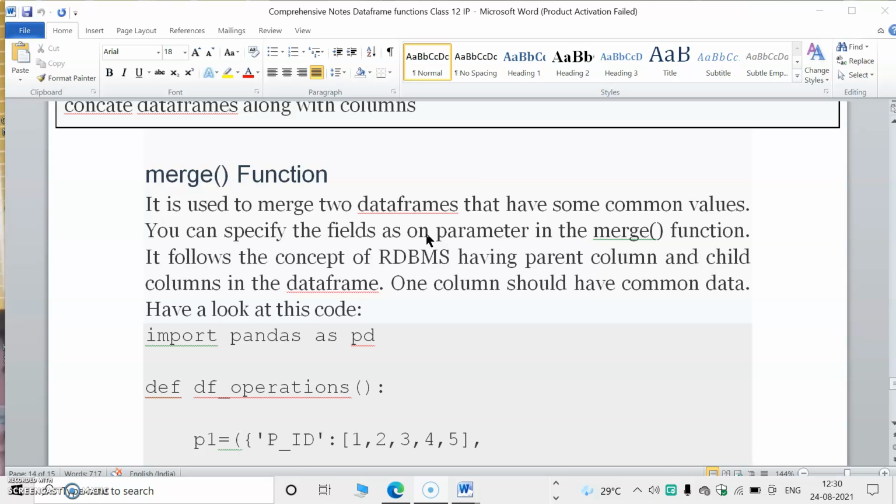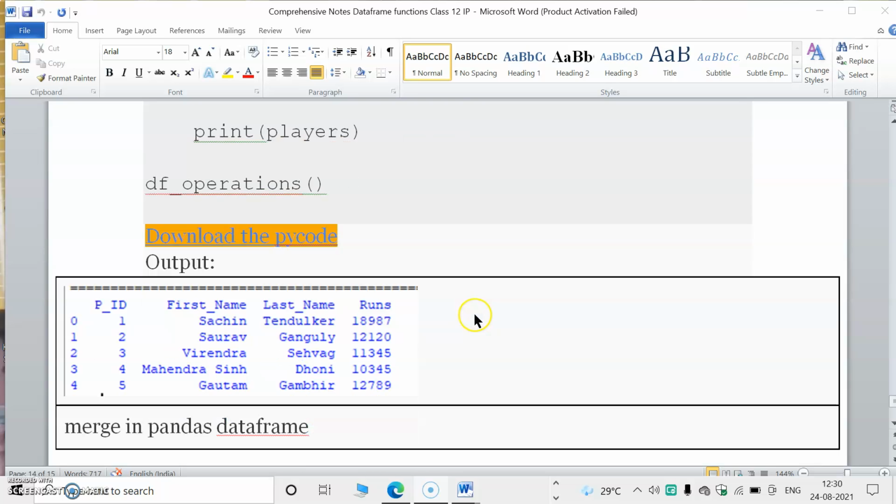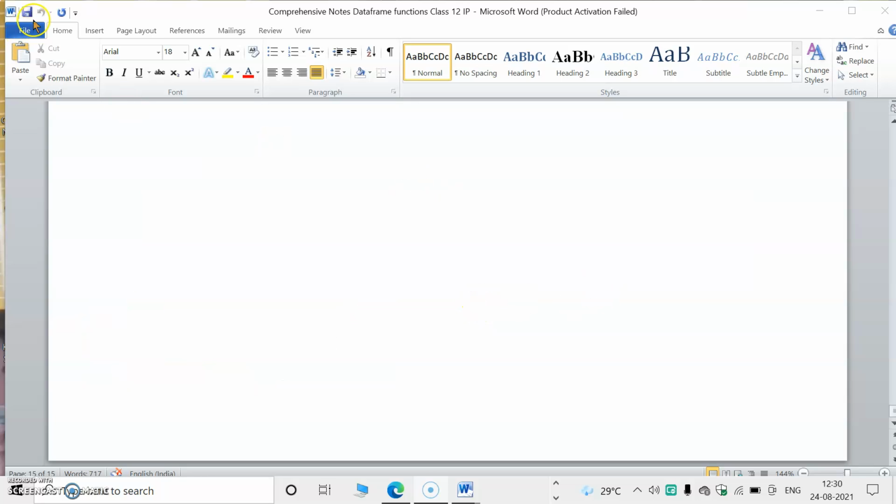If some column has common data, it is merged by using the merge function. So these are some common functions used in data frames.